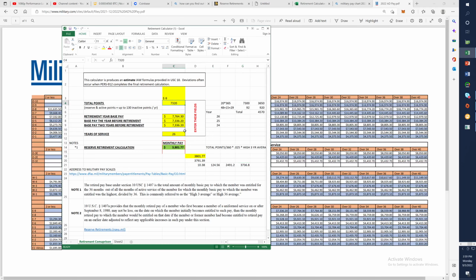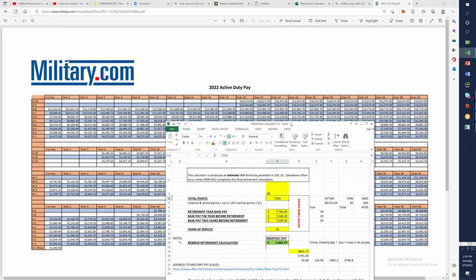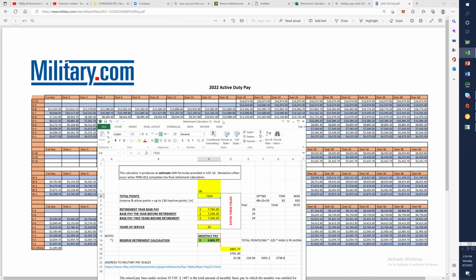All right. So since this is set up for 26, let's look at the 06. And this is going to be quite a bit more money. Go back to 7,300. Retirement at base pay 12725.40. And then